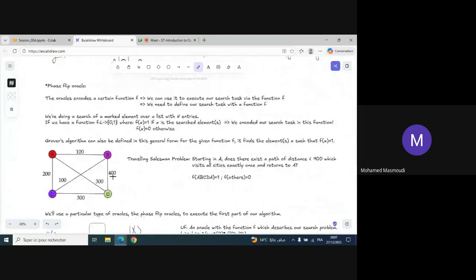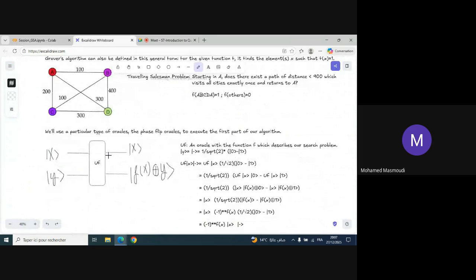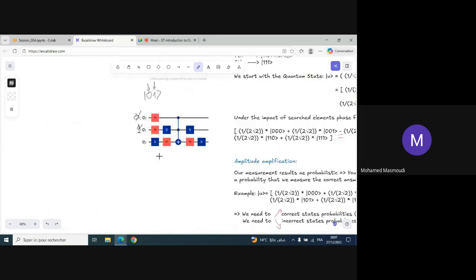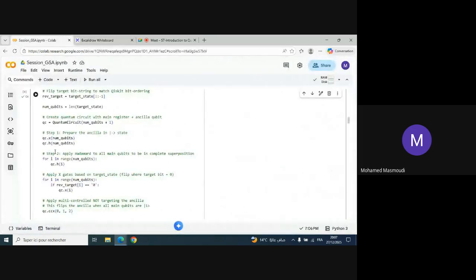The phase flip oracle عندها property special شوية انه الكت y must be equal to kit minus for the phenomenon of phase kickback and the appearance بتاع minus 1 في first register to be possible of course. يعني هنا it will apply the ancilla ولا prepare the ancilla في state kit minus